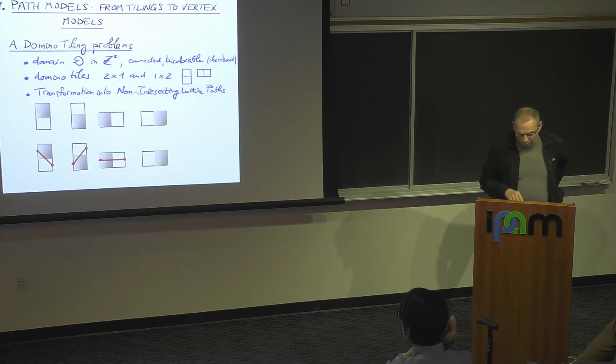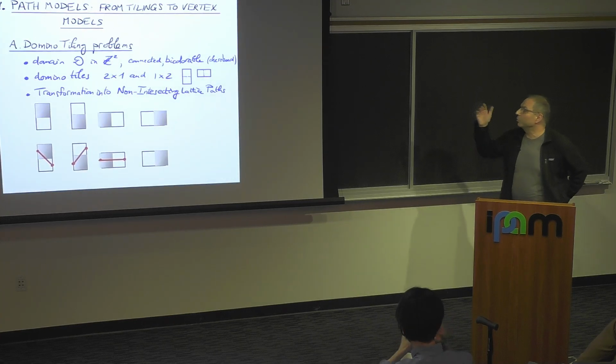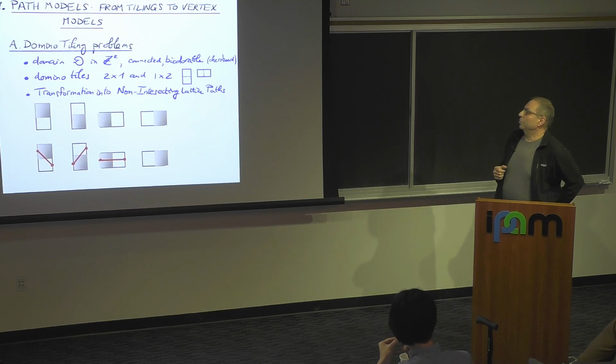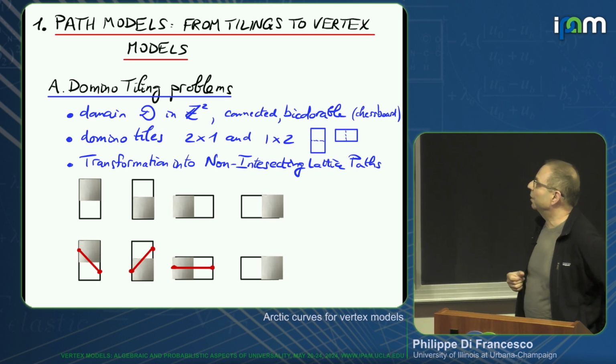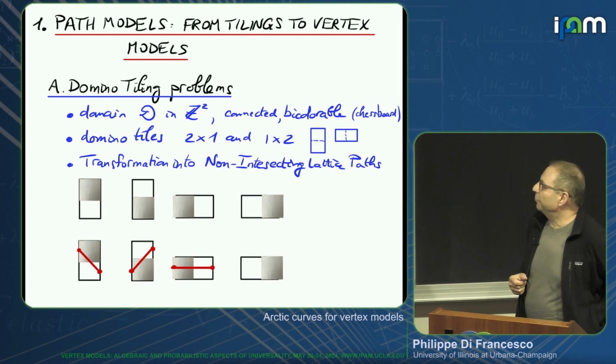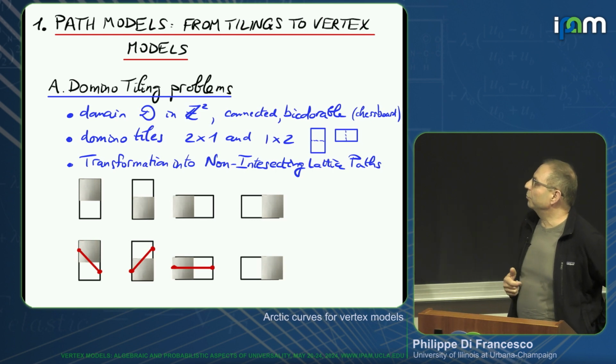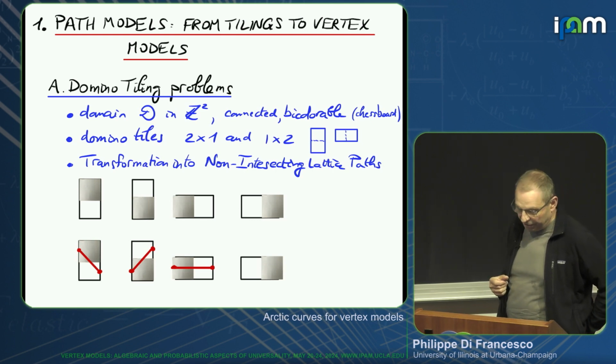Okay, so the first thing is we all know about domino tilings. So you want to cover a domain of Z2, of a square lattice with domino tiles 1 by 2, 2 by 1. And the first thing is to transform the problem into a problem of non-intersecting paths. So here is the